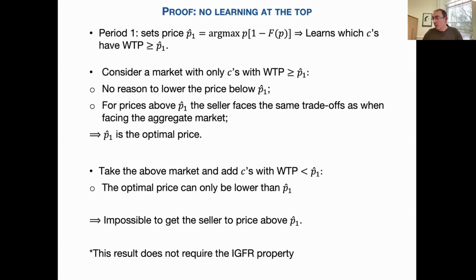So there is no way in which I can induce prices above the uniform price, the uniform optimal price. Okay? And note that this has nothing to do with, in fact, not even the IGFR. This is very, very general. You can give me any demand. The IGFR here implies that there is an optimal price P at 1. If I have a general F, I can have multiple optimal prices. Well, then the statement will hold if you take the maximum of all those.